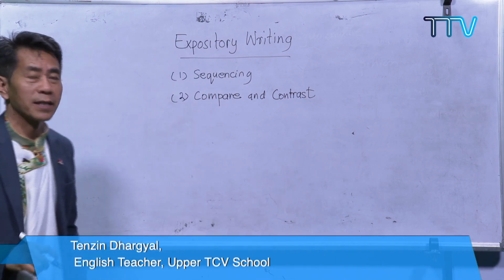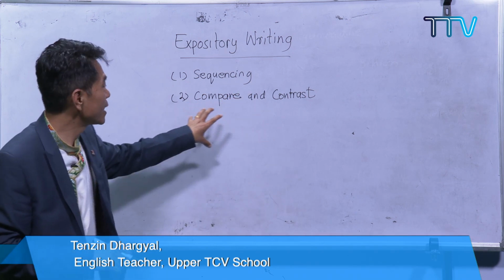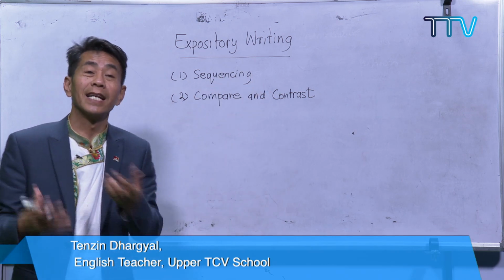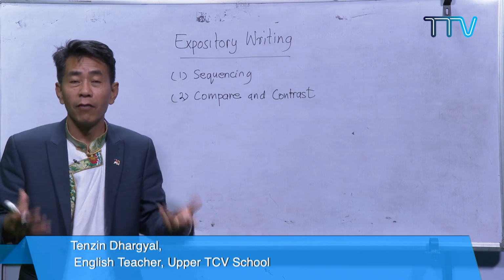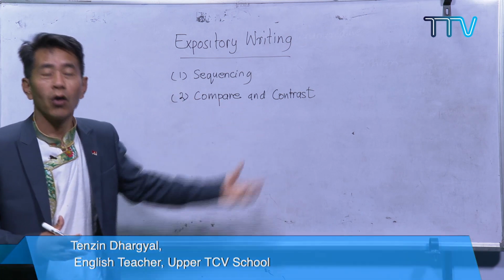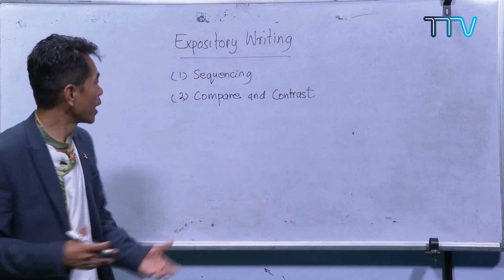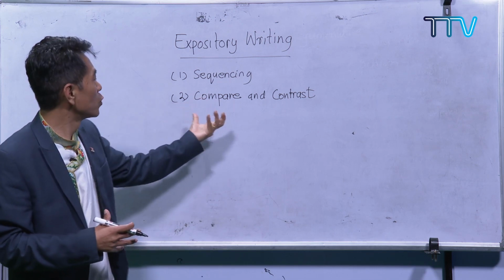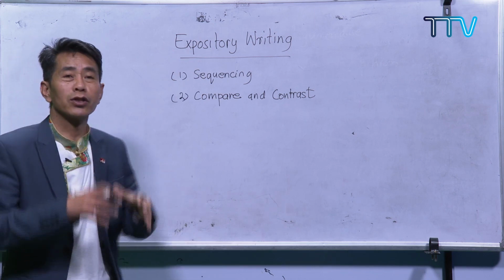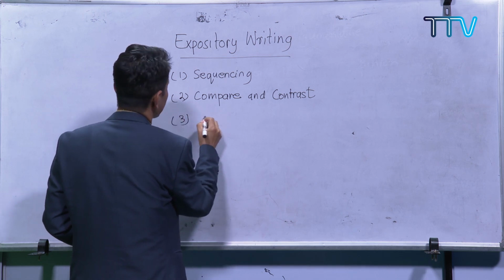This is what we did yesterday. This type of writing, compare and contrast, is where you find the similarities and the differences. I told you this one is very much related to our life. In our life, we are very much aware of compare and contrast. All the time we do this, whether voluntarily or involuntarily. If there is a piece of writing which shows compare and contrast, this comes under expository. So I told you expository is very large. And the third one is